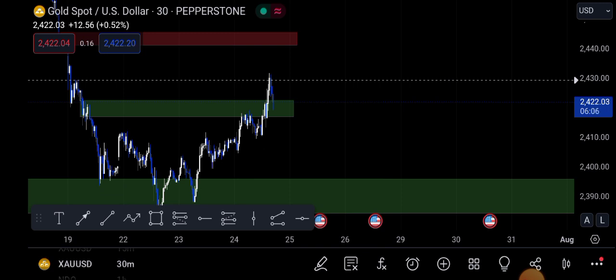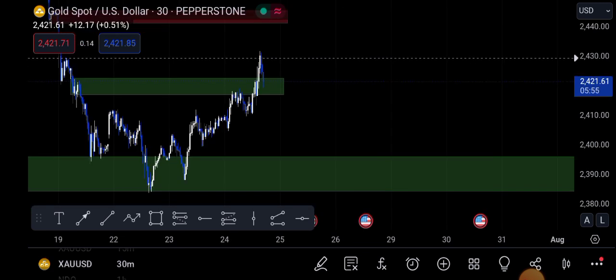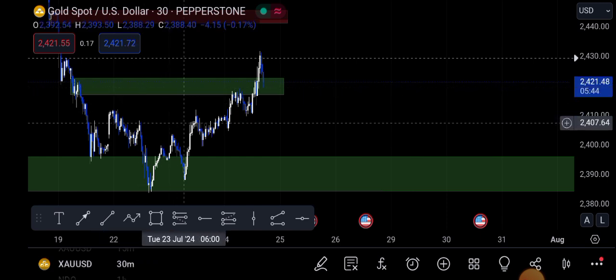This was a supply zone. I mapped it out, although I didn't take this trade because I was very, very busy with something. Then you can see I drew, after the market reached this demand zone and bounced off, this supply zone, which I know the market is mostly going to mitigate. So you can see the market reached there and bounced back a little bit